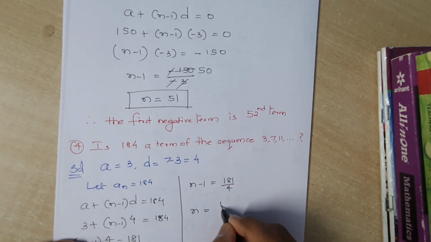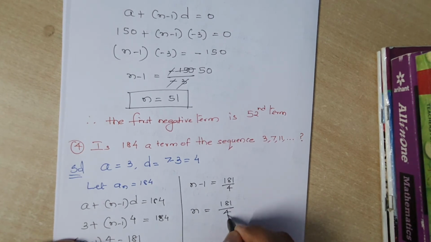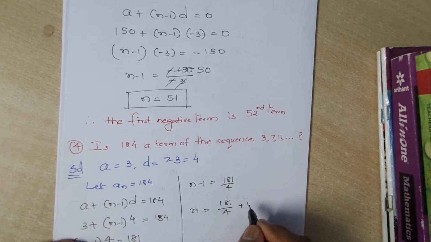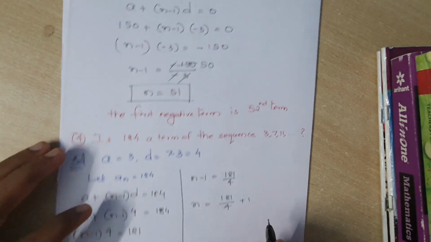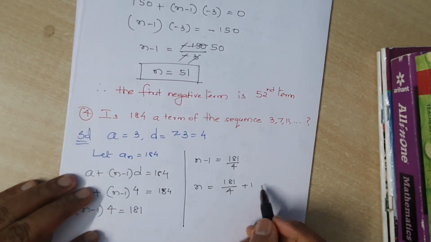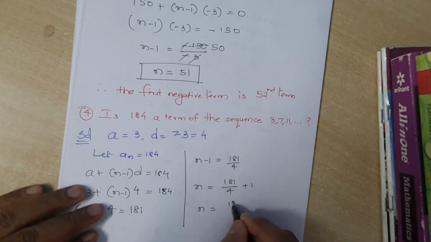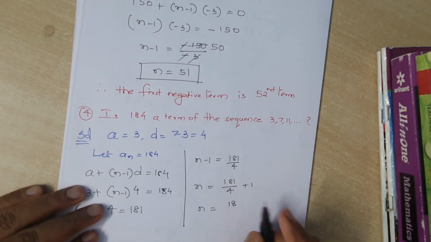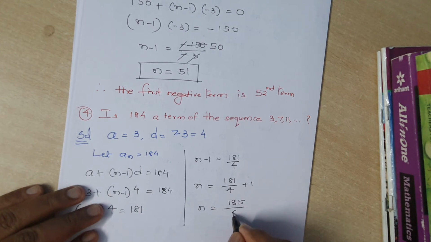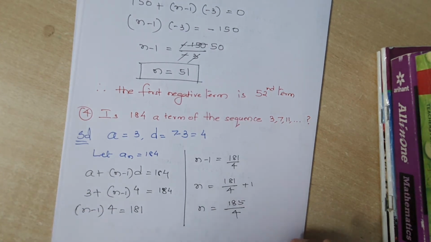N is equal to 181. Yeah. After this, we just cross multiply, and what we get? N is equal to 181 plus 4. 181 plus 4 is 185. 185 by 4, which is equal to,